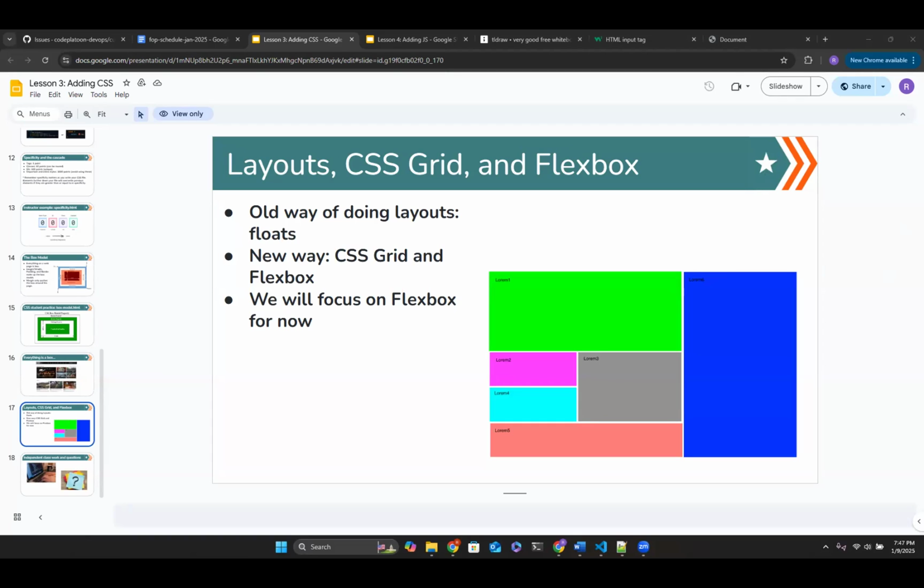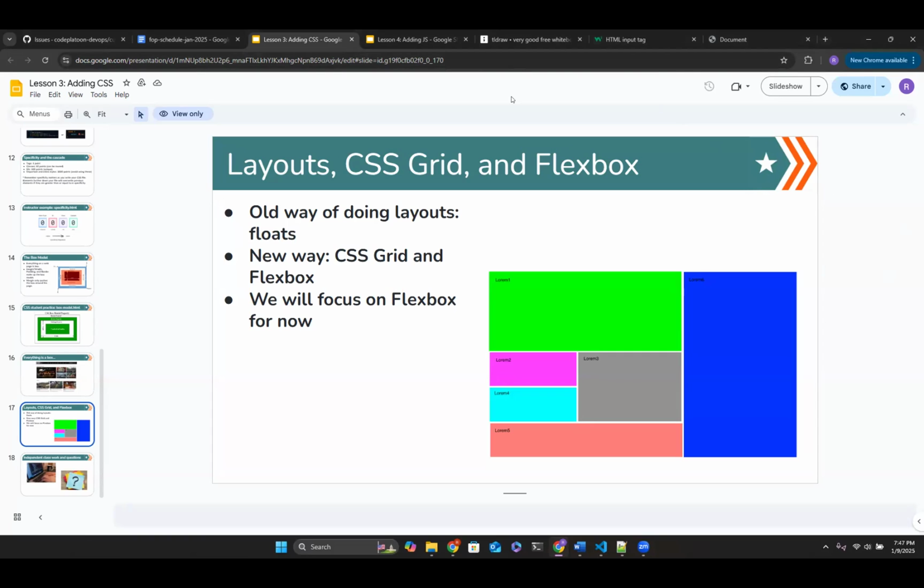All right, we should all be looking at my screen, guys. So to finish off the lesson with CSS, the CSS grid and Flexbox, the old way of doing things was by float, right? Which Tim was trying out, but as you might have already seen, there wasn't much that was available.